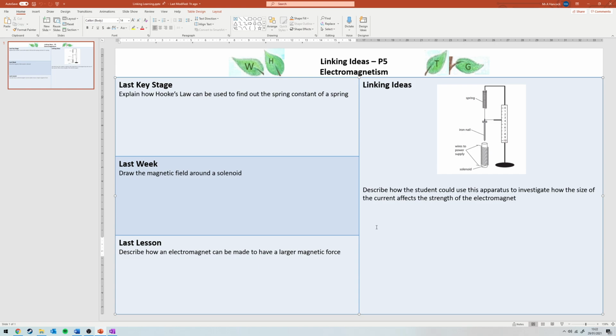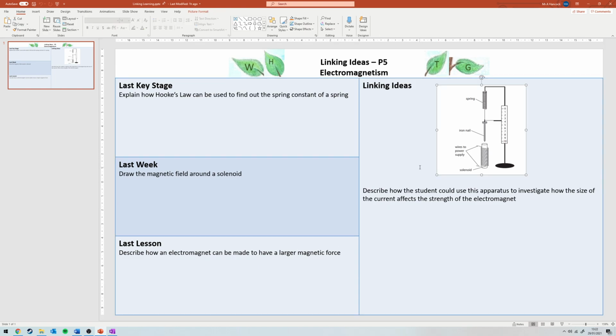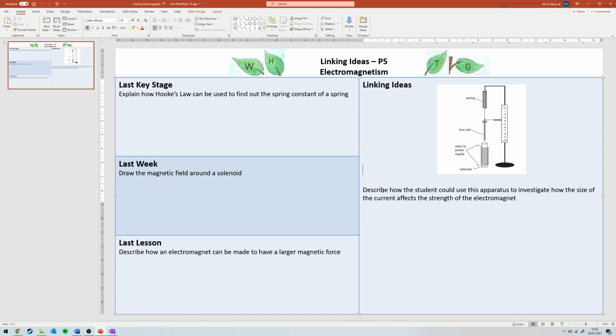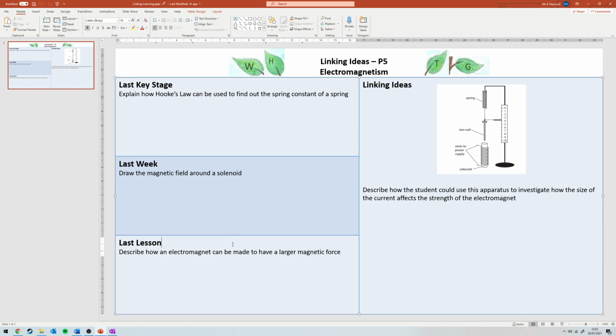And then linking this all together using this diagram, describe how a student could use this apparatus to investigate how the size of the current affects the strength of the electromagnet. Okay, once you've answered these three questions, you should be able to link all of that learning together and answer the next one. Then, what I need you to do